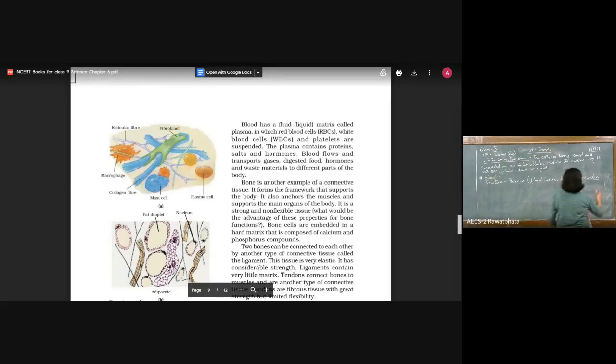RBCs, then white blood cells, platelets, of course, for the clotting of the blood. Plasma contains proteins, hormones,